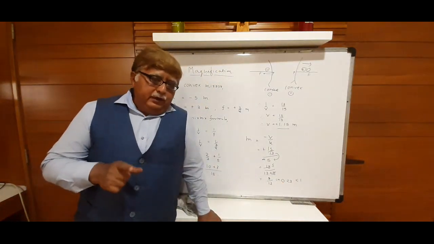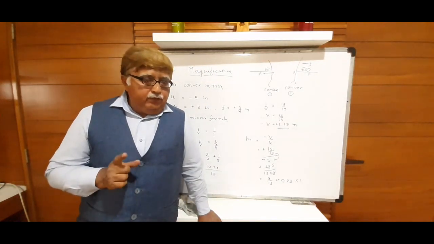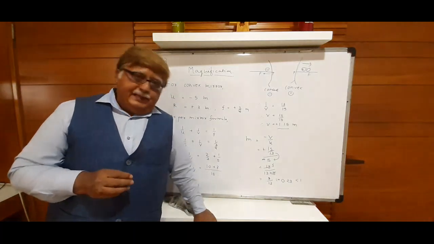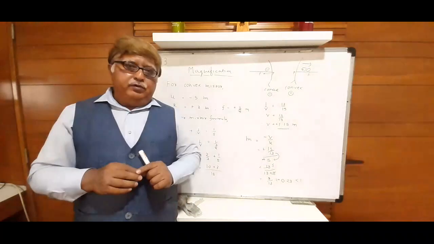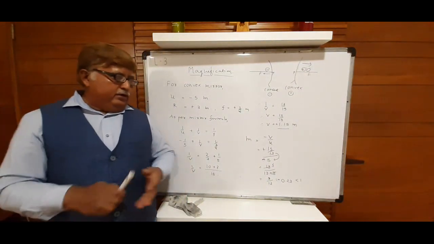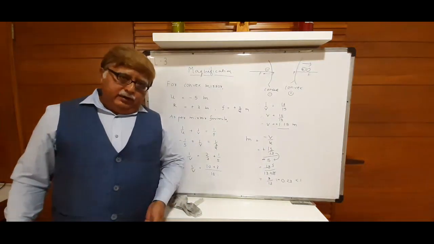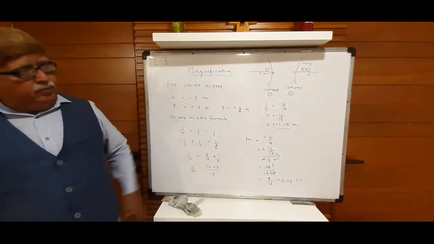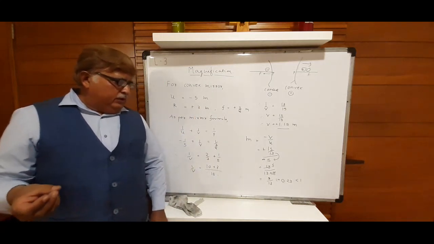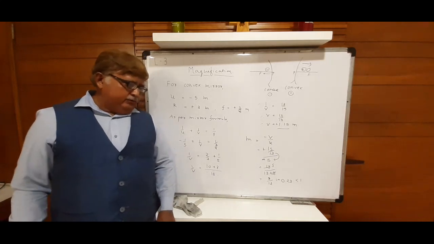Remember, in magnification, in the 4th or 5th point, what I said, that if magnification is positive and less than 1, that means the image is virtual, erect and smaller. Okay, so nature and size, both is clear. What is the nature? Virtual, erect. What is the size? Quite smaller, understand, than the object. So one numerical we have discussed. There are some other numericals also, but this numerical you need to remember and understand also.